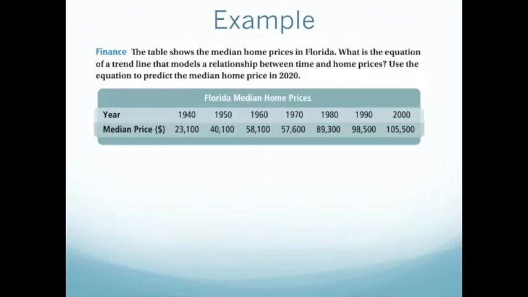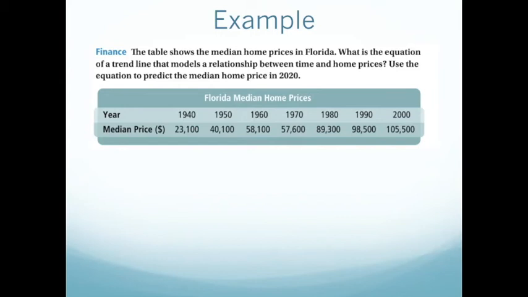So let's try this example. Now this one is a little bit trickier because we're not going to put into the calculator exactly the numbers that are given, okay? So let's read the question. The table shows the median home prices in Florida. What's the equation of a trend line that models a relationship between time and home prices? Use the equation to predict the median